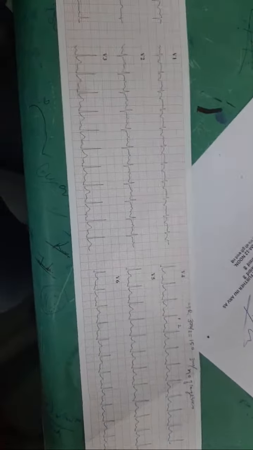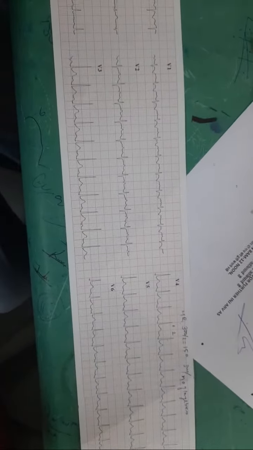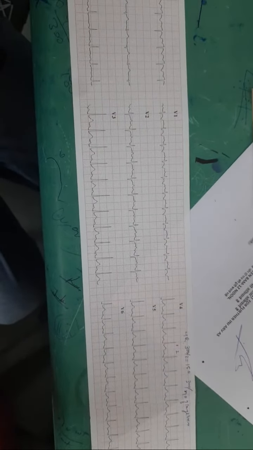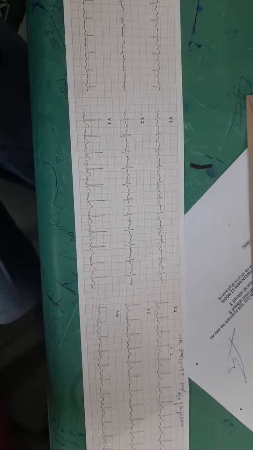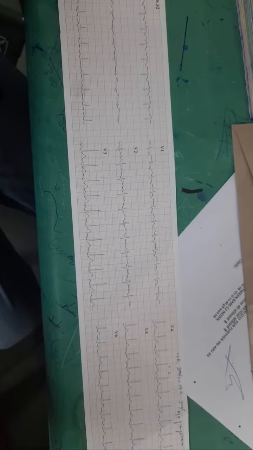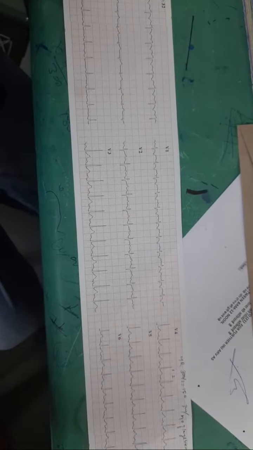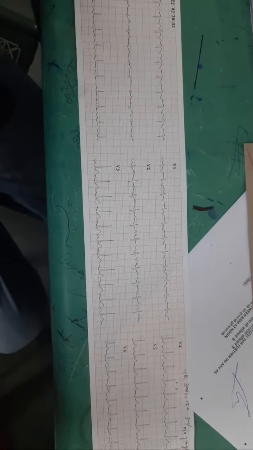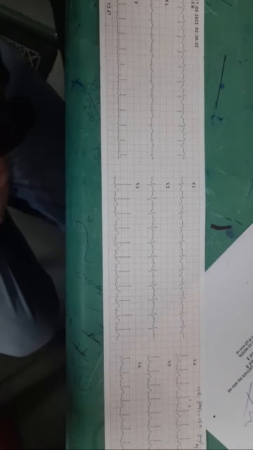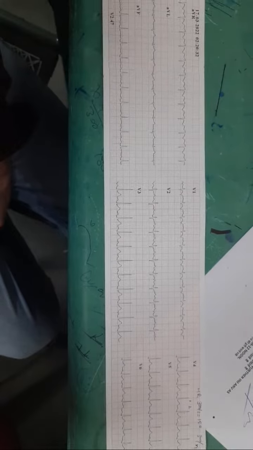And for management, we give amiodarone. We can also give diltiazem and other antiarrhythmic agents, since amiodarone is the most commonly used in a variety of arrhythmias. We will monitor the heart rate at regular intervals, and this is the loading dose. Then after admission we will give the rest of the dose, around 850 to 900 mg, in the rest